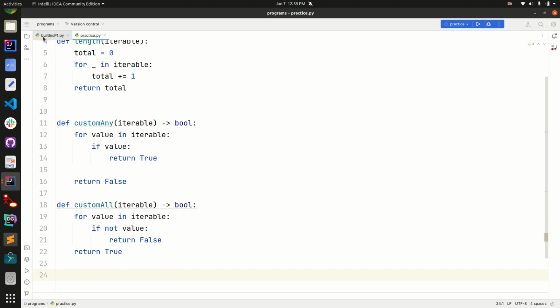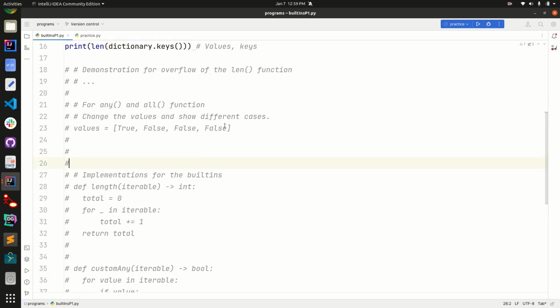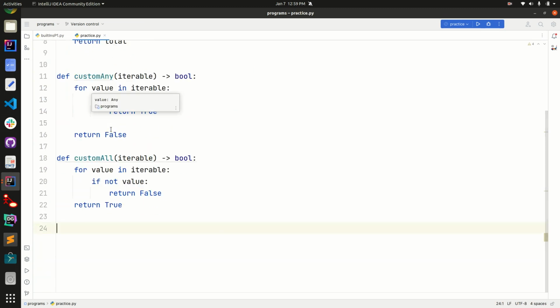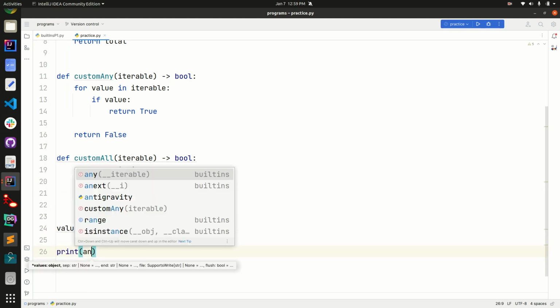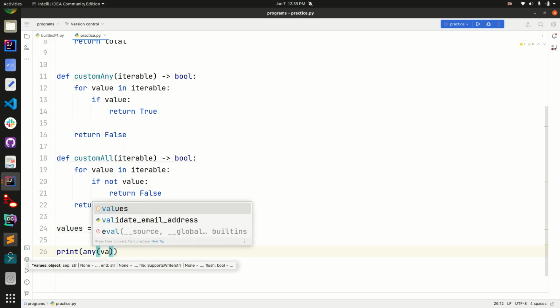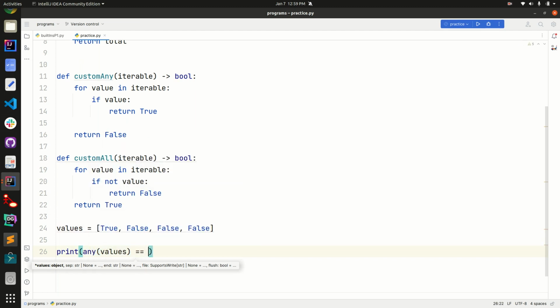Let's test our custom functions with this example. I'm going to say any of values equals custom any of values.